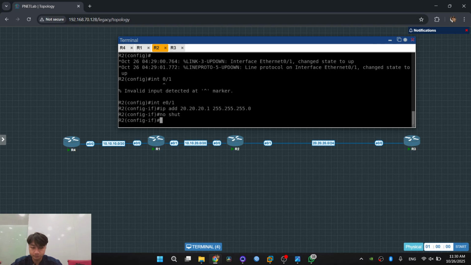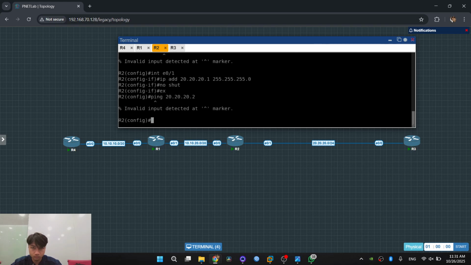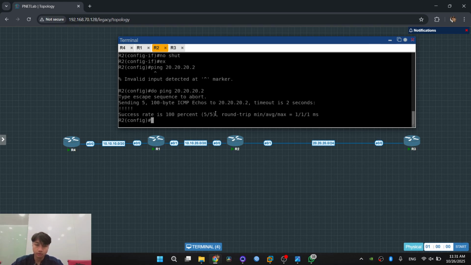No shot. First, we want to ping to R3. Do ping. Okay, we can ping. So we can open the BGP table.